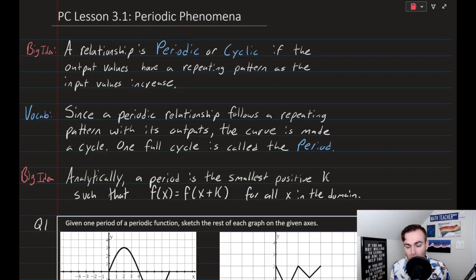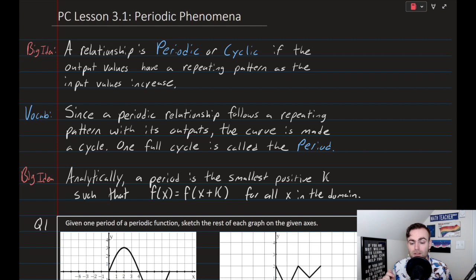Welcome everyone to lesson 3.1 from Precalculus, which is all about periodic phenomena. So let's get started. Our big idea for this lesson, or one of the many big ideas for this lesson, is the idea of periodic or cyclic. A relationship is periodic or cyclic if, and only if, the output values follow a repeating pattern as our